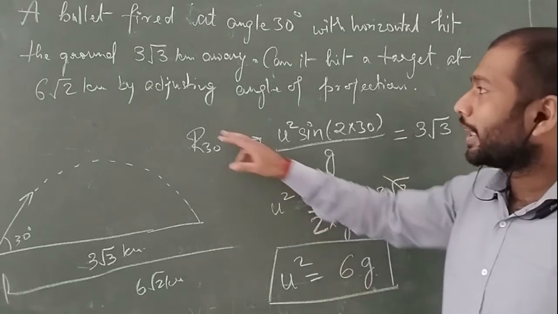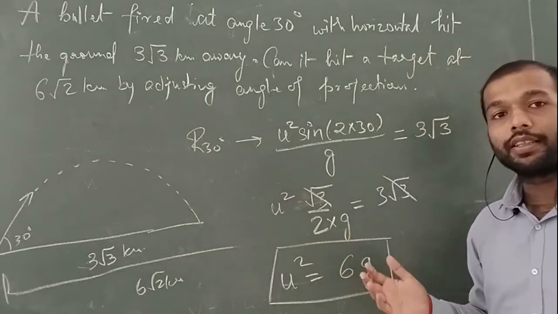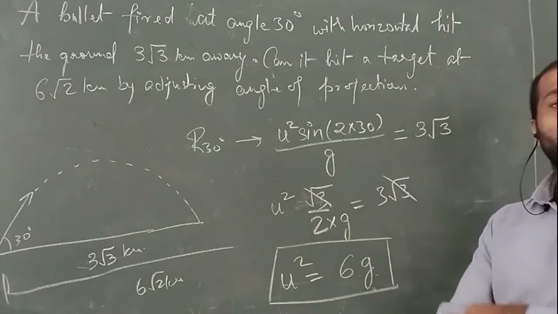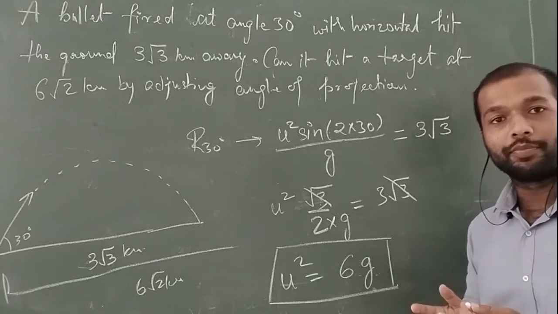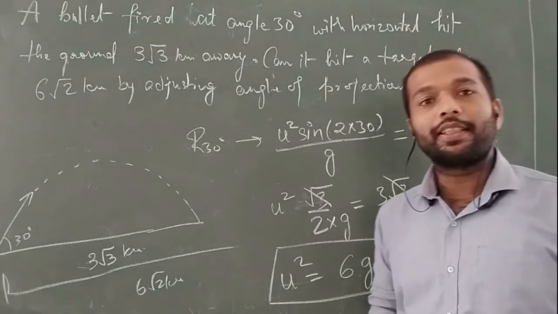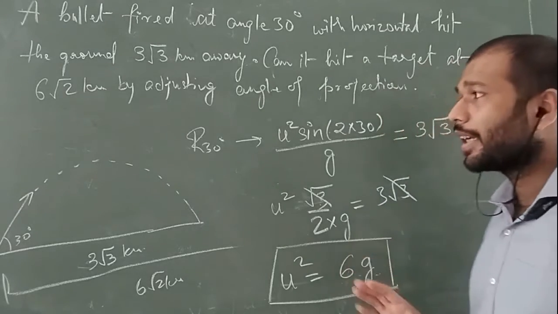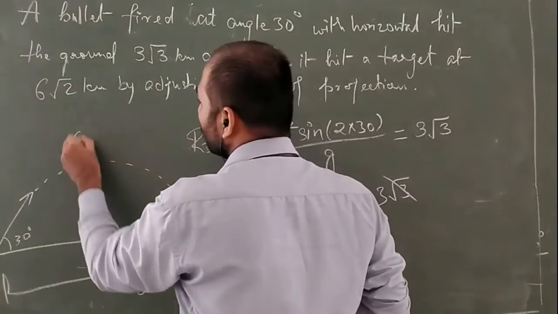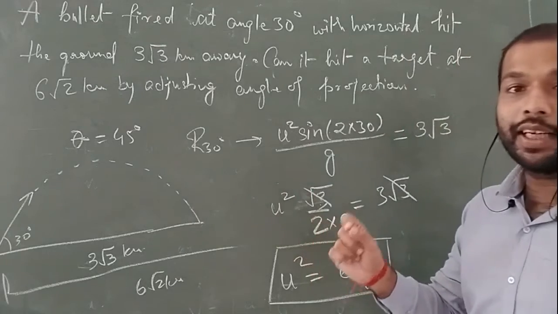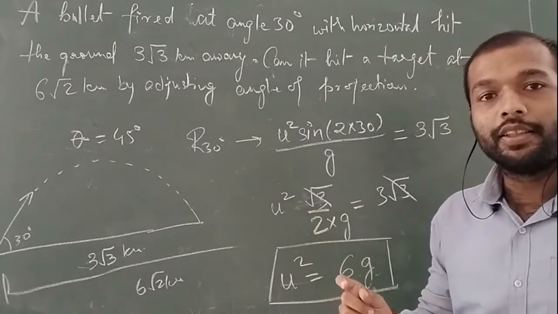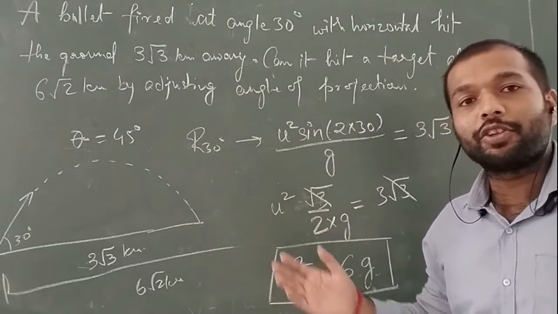Now you know that if the target is at 6 root 2, at what angle can we adjust to hit the target? But you know a case that what is the maximum value of the range you can actually adjust. It is not infinite, it is basically a particular value, you can increase the range up to a certain limit only. And that angle that we derive is equal to 45 degree. So this is the maximum theta you can adjust it to produce the maximum range of your projectile.